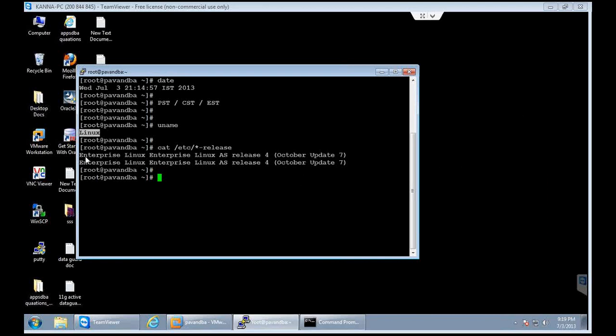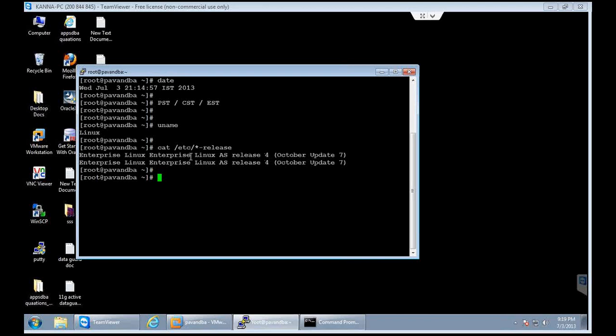Enterprise Linux means, as I said, Oracle Enterprise Linux. AS here stands for Advanced Server, release 4 means it is the version, and October update 7 means the service pack kind of thing. In Windows XP you have service pack 1, service pack 2 and so on, right?